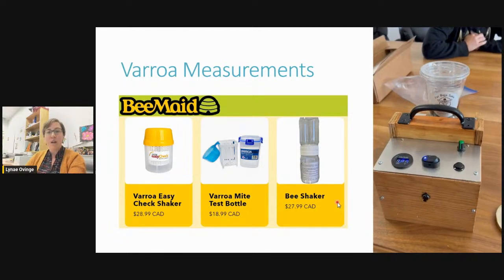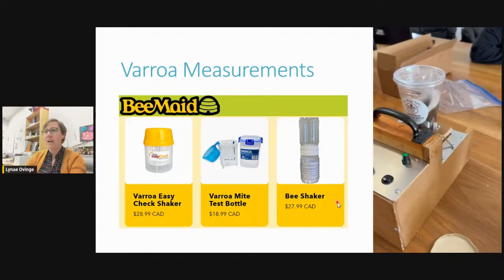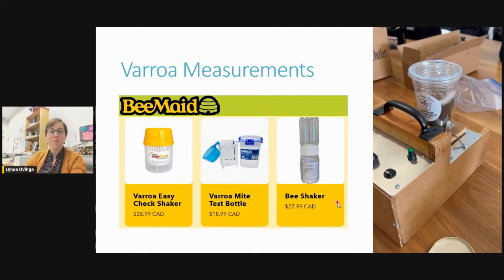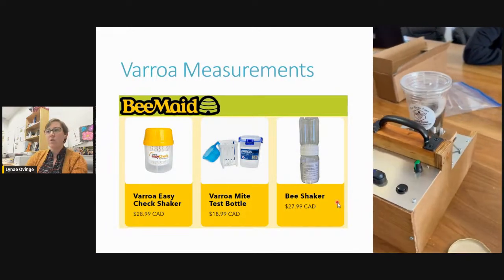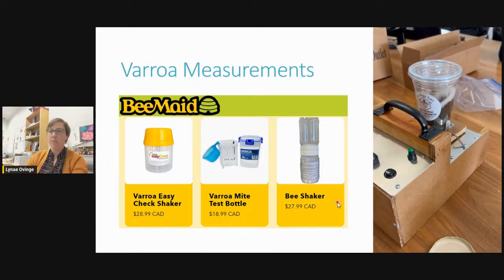And then we also have, I just ordered this one. This comes from Randy Oliver. He's made this. I'm going to go back and show it to you again. And so those are just like some Starbucks cups. It's a pretty simple cup, but the shaker is all designed to be field worthy. So you can take this to the field with you. It runs on a 12-volt battery and it's all made by Randy Oliver.